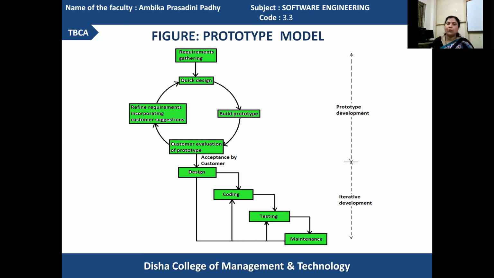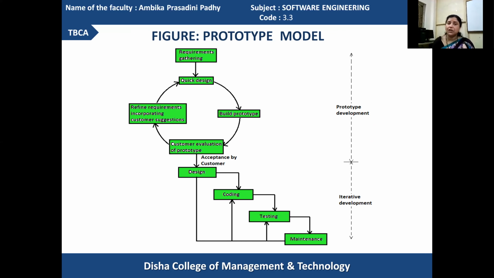The information to be processed is contained in the quick design, and that will lead to your prototype building. By looking at the information present in the quick design stage, the diagrams and the structure available there will lead to creating a prototype.